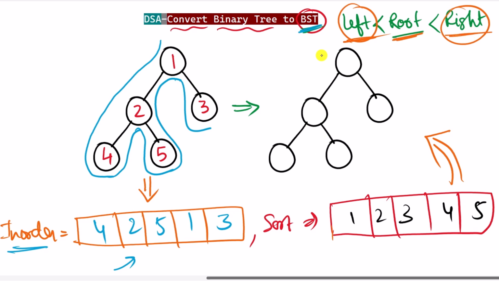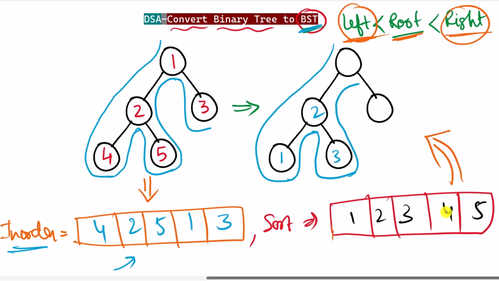So here we're gonna perform the in-order traversal and insert all of these values into this tree structure. First of all, we're gonna put this value 1, then 2, then 3, then 4, and